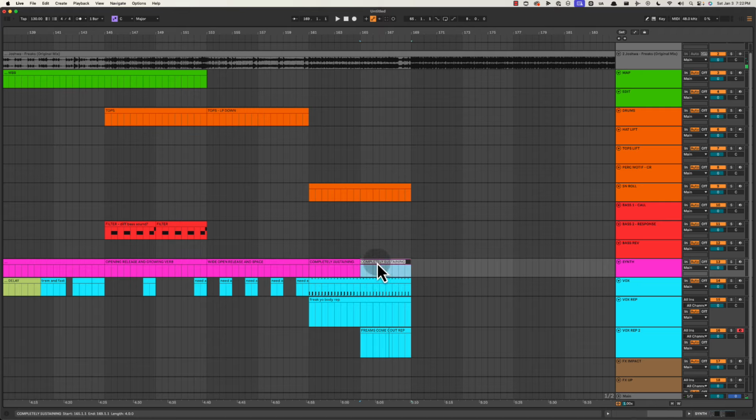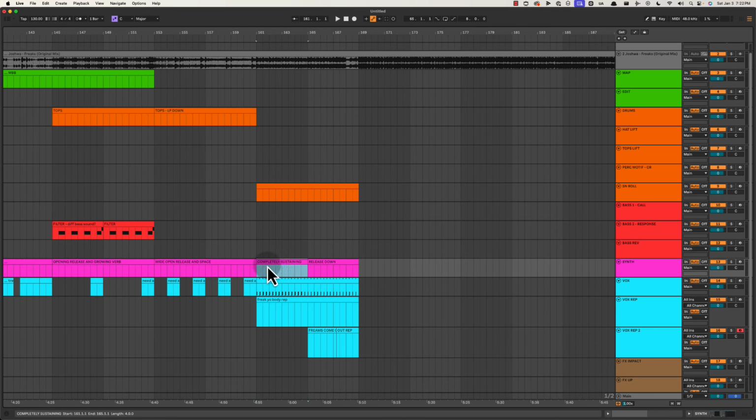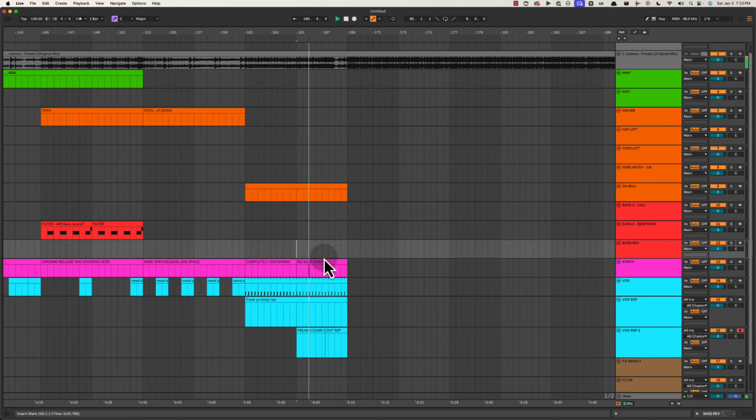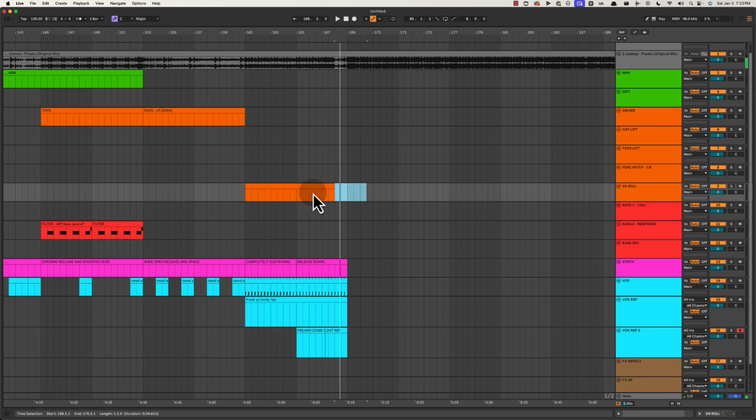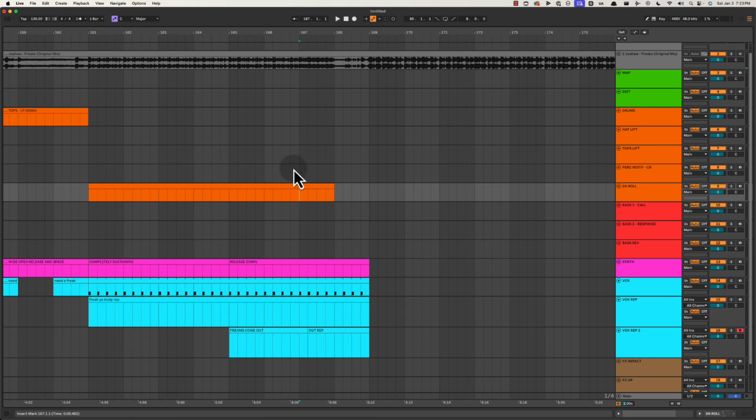Okay, release down. So here, the release is completely sustaining the sound. Here, the release starts to come down, so we get more rhythmic again as we move towards the drop. And then here we get the 16th, so I'm going to separate this into broken snare roll, which just basically means that the snare roll is not playing a 16th note pattern. And then here we get into the 16th note pattern. There we go.